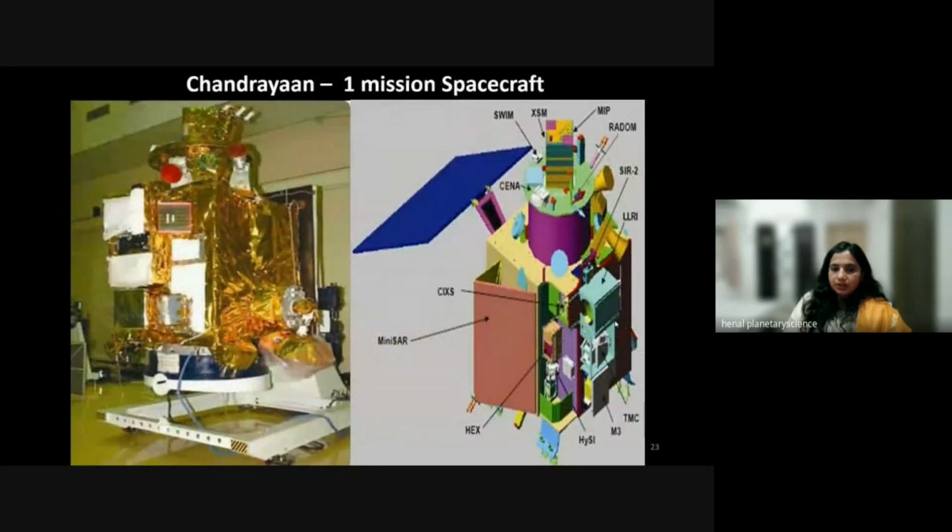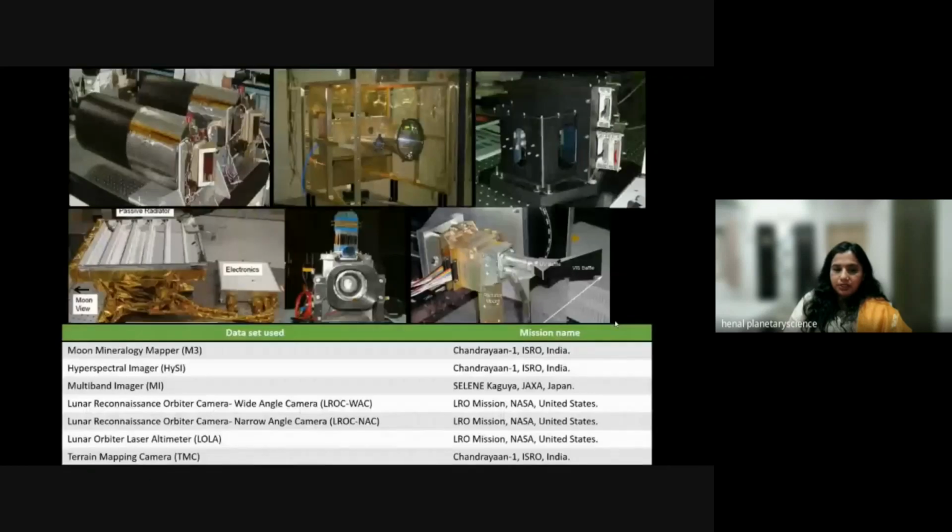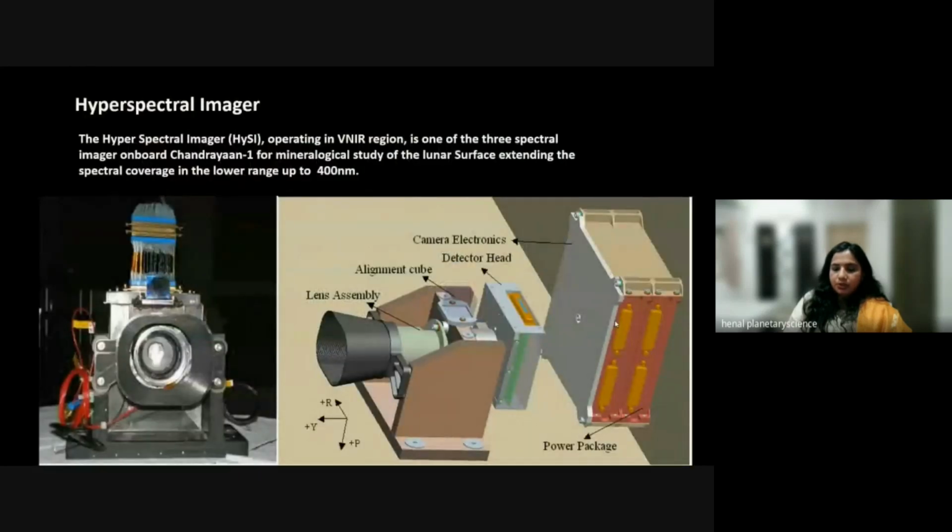So this is a Chandrayaan 1 mission spacecraft with 11 payloads. This is a hyperspectral imager. It is a very advanced, high resolution data set with a lot of information within the data that gives many clues about the minerals or elements present on the surface. So I used in my thesis majorly